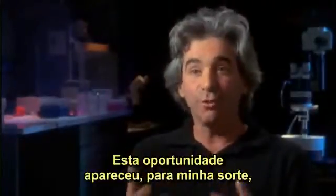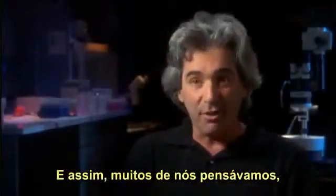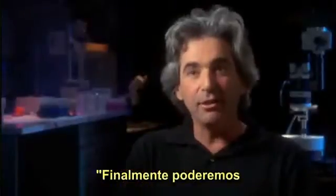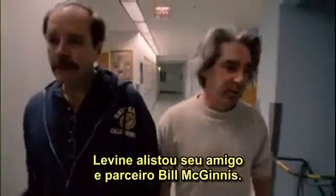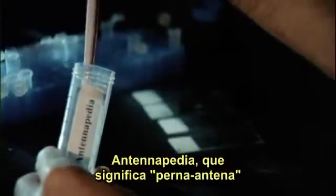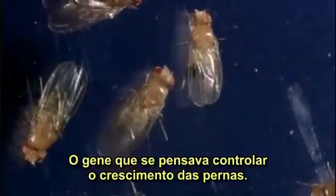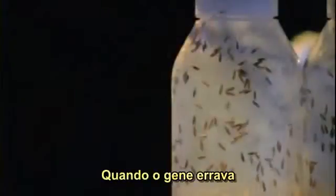That opportunity first became available, fortunately for me, at the time that I was a student. And so many of us thought, wow, we can finally dig in there and identify these really mysterious genes. Levine enlisted his friend and fellow scientist, Bill McGinnis. The first gene they went after had an unusual name, antennapedia, which means antenna leg. The gene was thought to control the growth of legs. When the gene misfired,